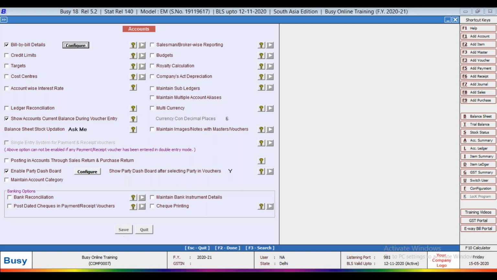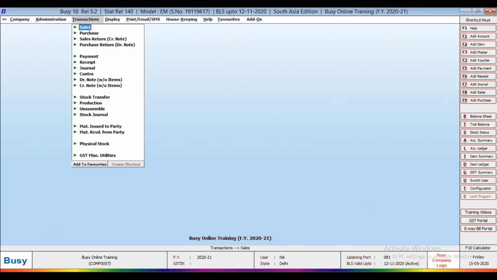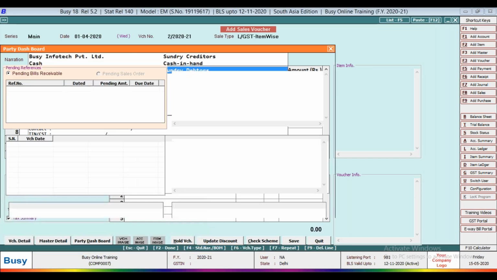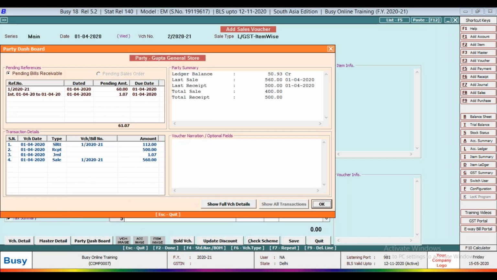Yes, this option, save. Now the party dashboard has been coming. So first we have defined pending bill receivable. Second, we have defined ledger balance, last sale, last receipt, total receipt. And third is the transaction menu that is showing you whatever transaction you have done on this ledger, like sales